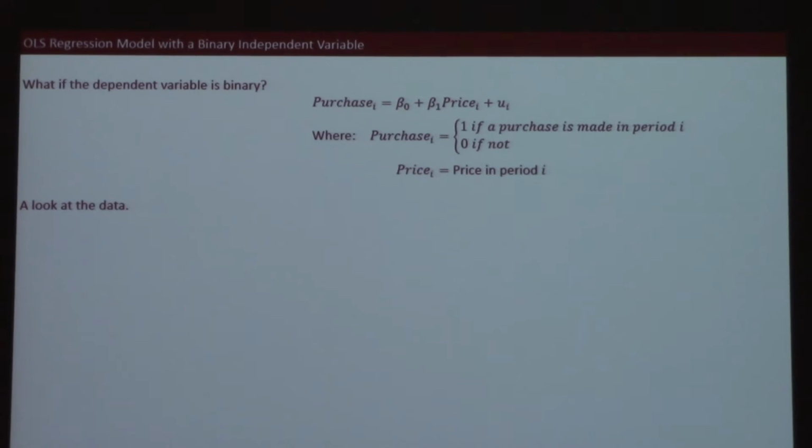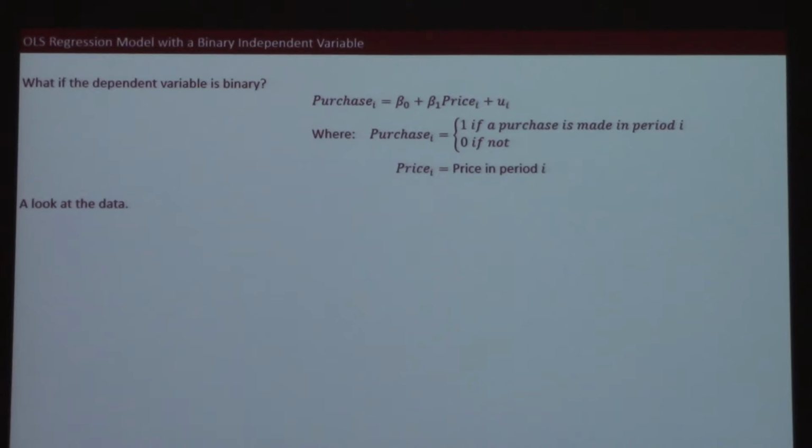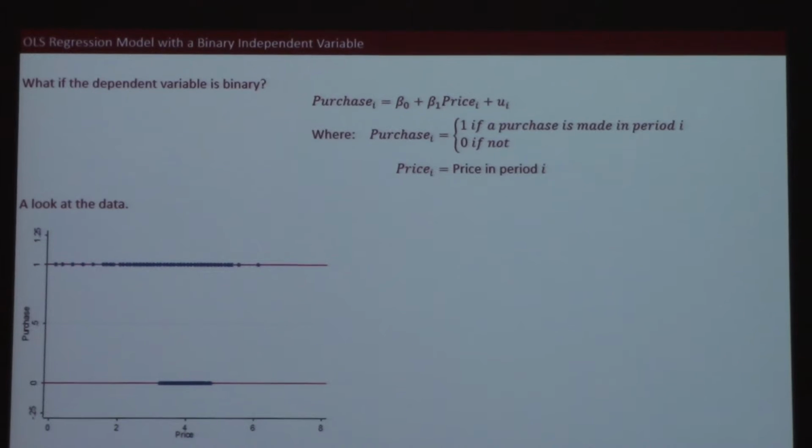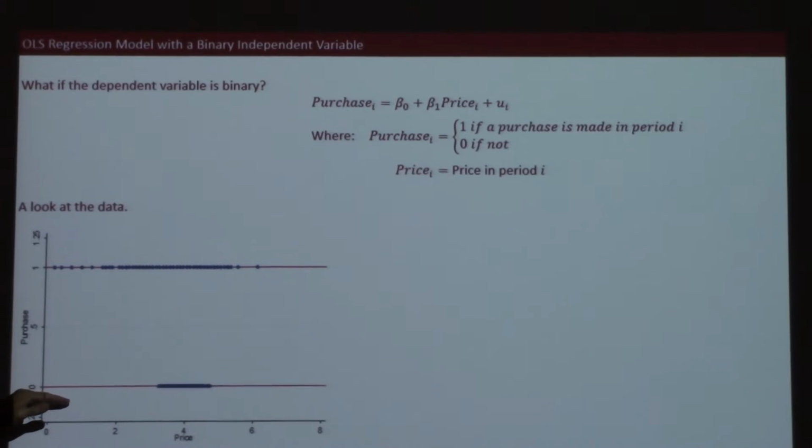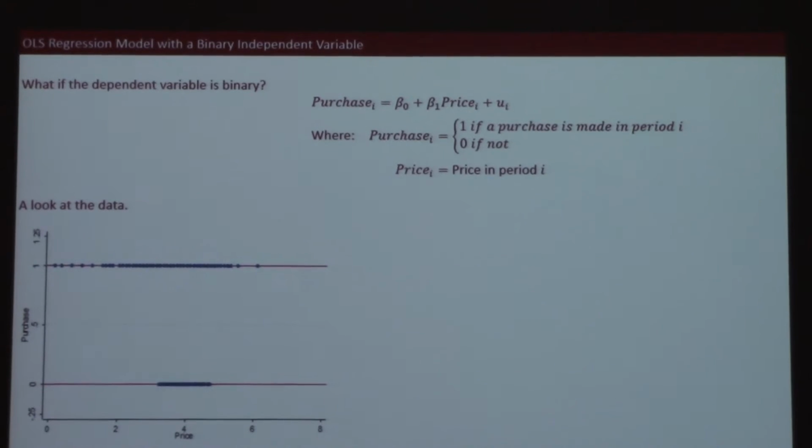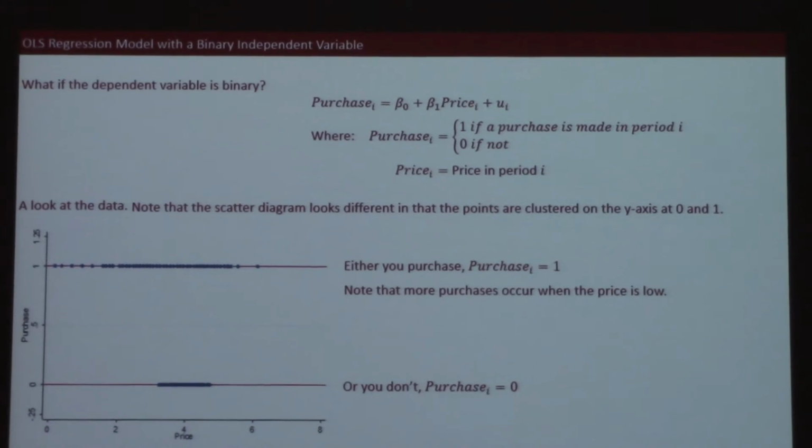All right, that's weird. If you were to Google or Wikipedia regression, it would be curve fit. Let's find the straight line that best fits the data. It doesn't really work with binary data because the data is zeros and ones, and you either purchase or you don't purchase. So what ordinary least squares regression does is find the line that best fits the data. But it doesn't really make any sense.